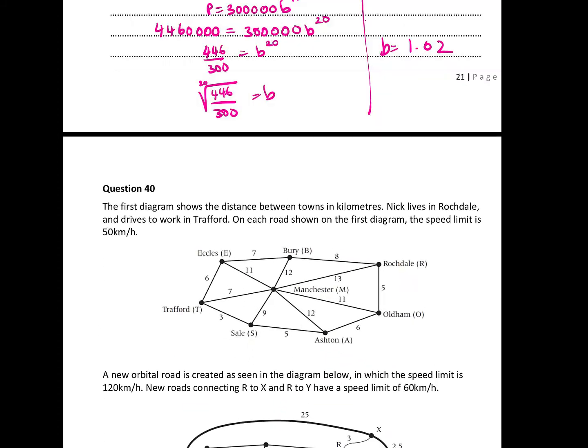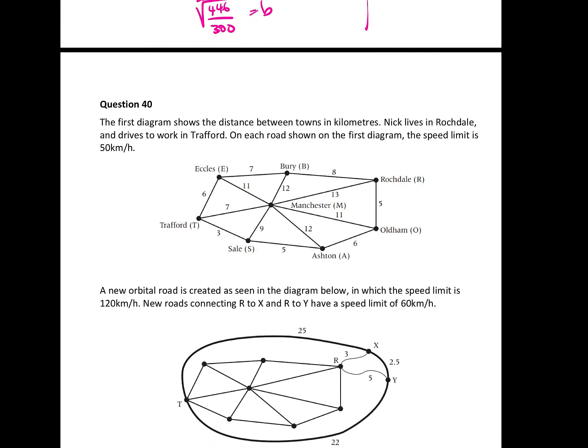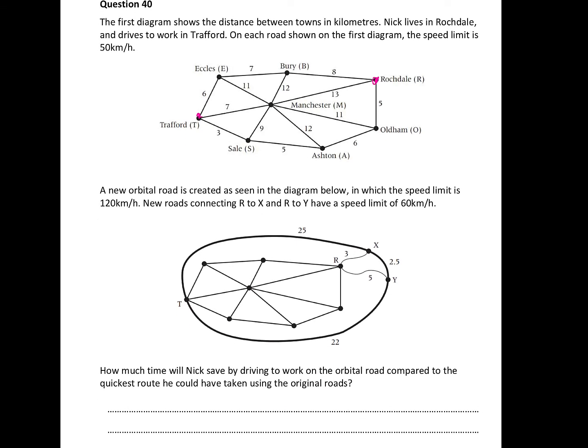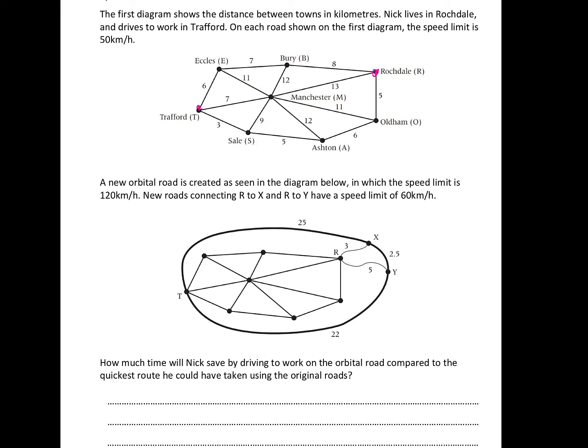Okay, and last question of the exam. The first diagram shows the distance between towns in kilometres. Nick lives in Rochdale and arrives to work in Tradford. On each road shown on the first diagram, the speed limit is 50 kilometres an hour. Okay, a new orbital road is created as seen in the diagram below, in which the speed limit is 120